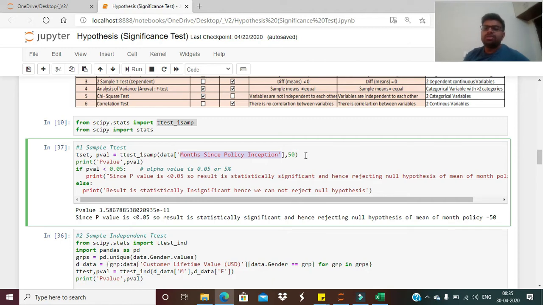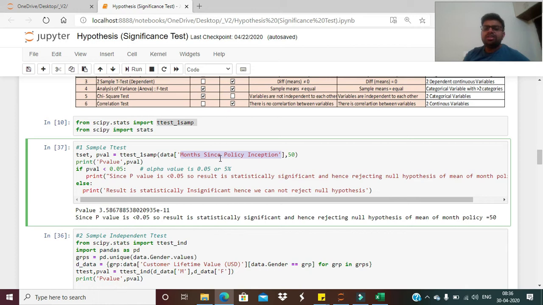The one sample t-test is the only univariate test that we have, where we need to define whatever value we want to test. For example, a company wants to understand the average salary, or the average age of the people living in Delhi NCR. That's what the one sample t-test is all about.